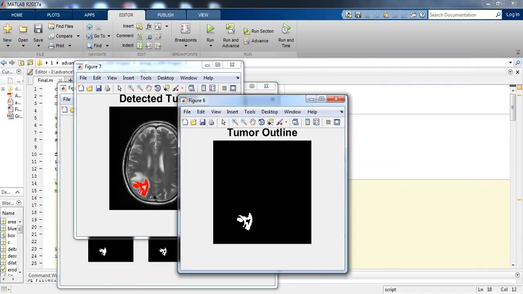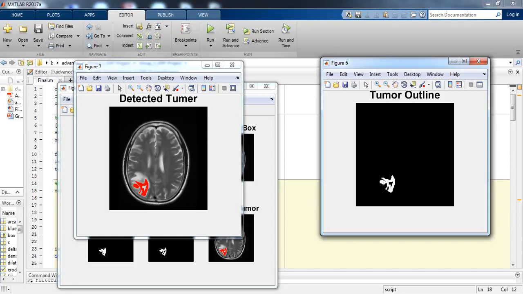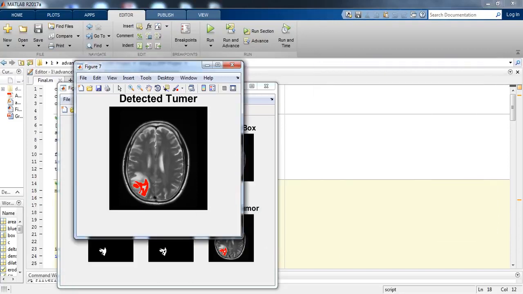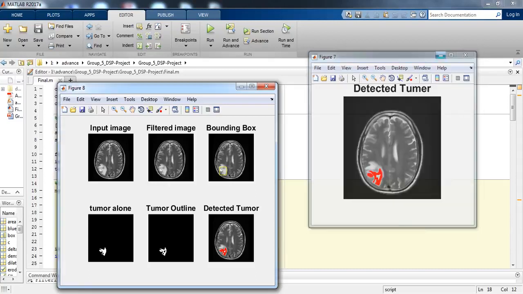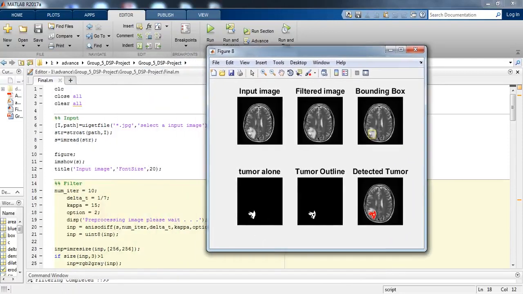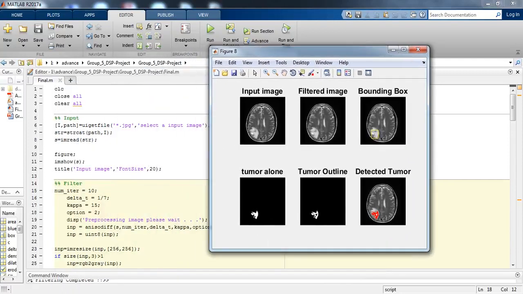In figure 6 we will get the tumor outline, and in figure 7 we finally detect the tumor. And in figure 8 we are subplotting all of these 6 figures. So we can see the first image which we had was input image, and we were filtering the input image.